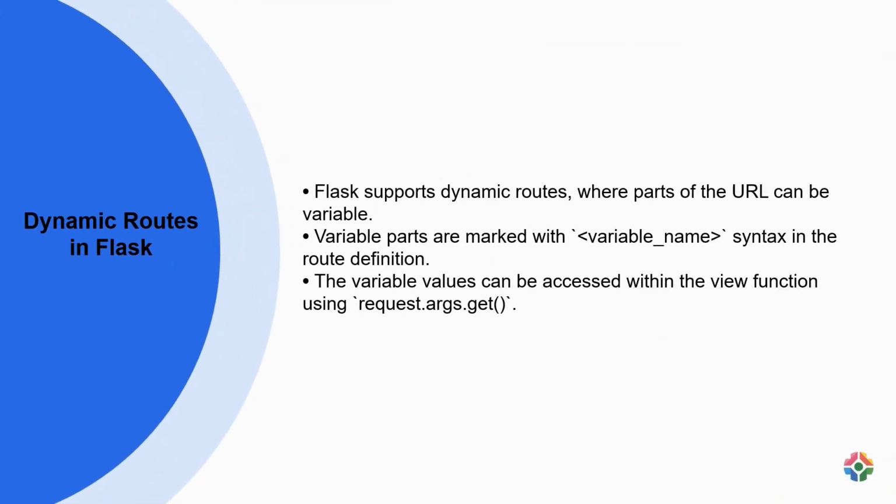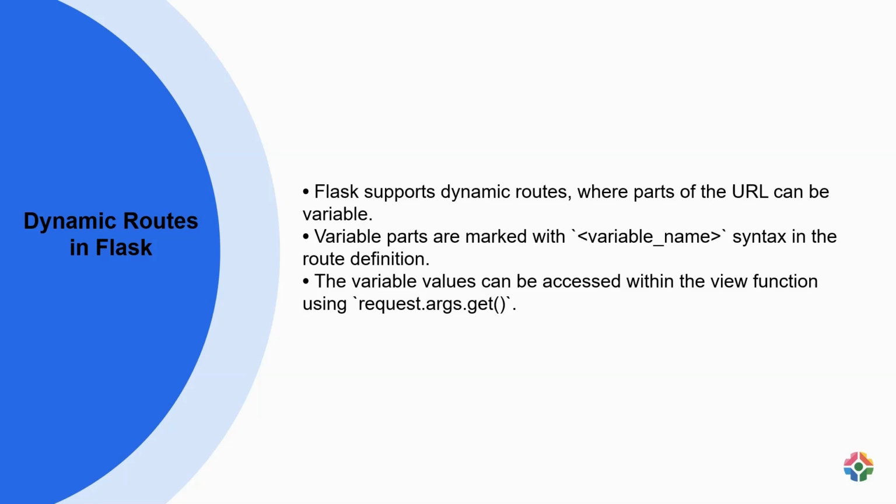Flask allows dynamic routes through the use of variable parts in the URL, using <variable_name> syntax within the route definition. These variable values can be retrieved within the associated view function by utilizing request.args.get. For instance, in a blog application, a dynamic route /post/<post_id> could retrieve the specific post's content based on the post ID supplied in the URL. By leveraging dynamic routes and accessing variable parts, Flask enables developers to build flexible web applications that cater to diverse